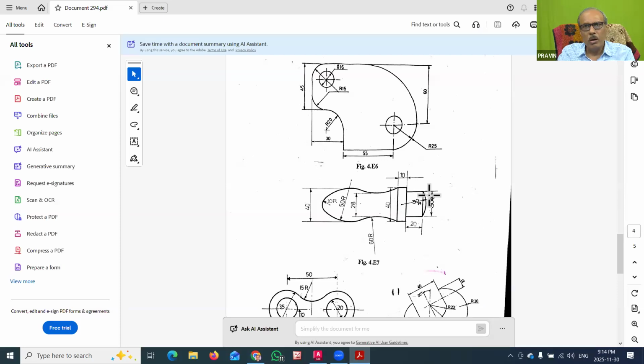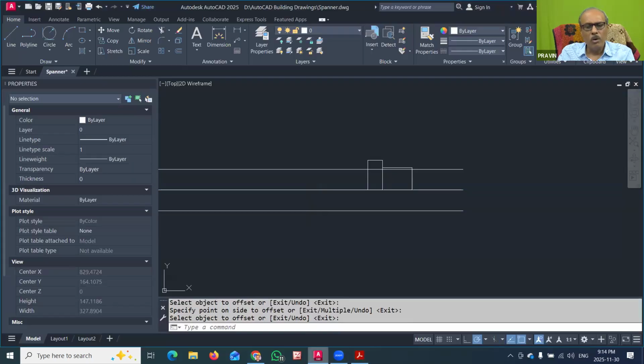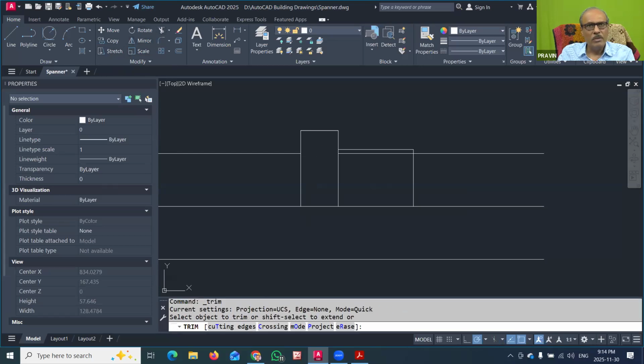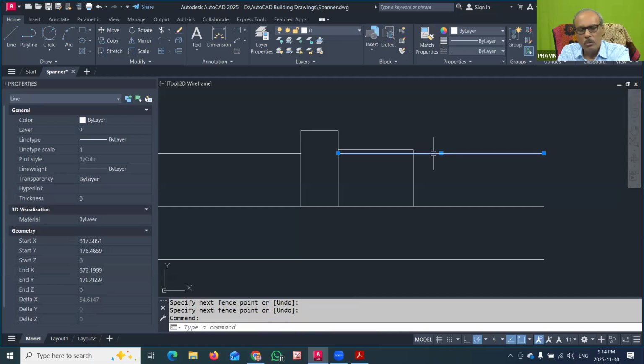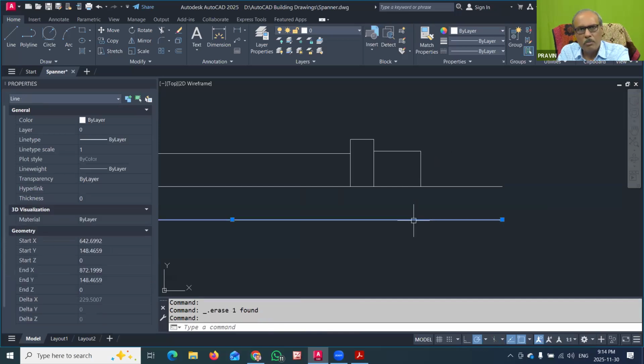Now here again one curve was given having radius 30. So you have to identify the center which is having radius 30. For that part, we require from this corner. So I will just trim the extra part of these lines on the sides. So I will delete this line also. This I do not require. And again, this is also not required, but we will just delete this one also.